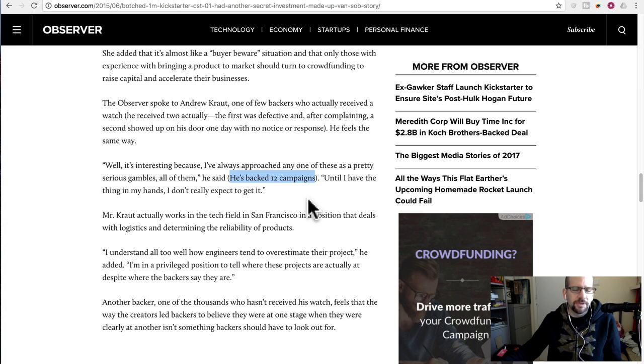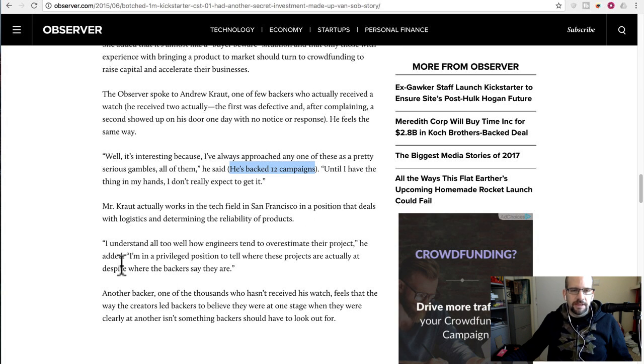He doesn't expect to get it. So he's basically betting, kind of like with a lottery ticket: don't bet more than you're willing to lose, right? If it wins, it wins. If it loses, hopefully you didn't bet too much. This guy actually works in tech, and he's familiar with manufacturing, I guess. And the key quote from this article I wanted to share is,